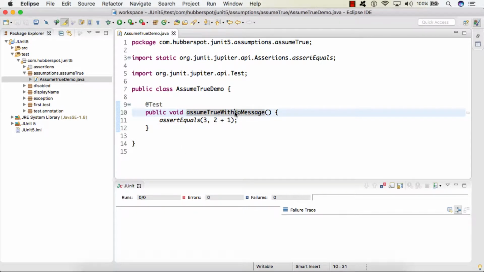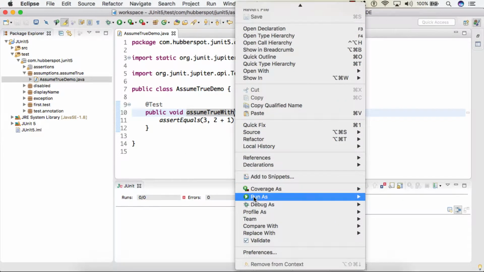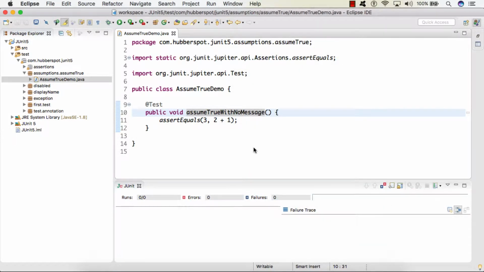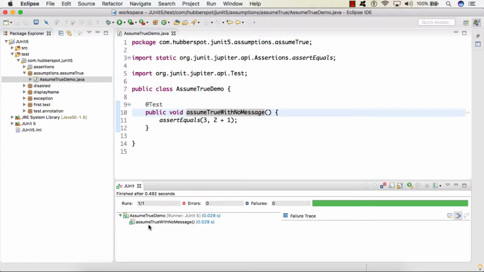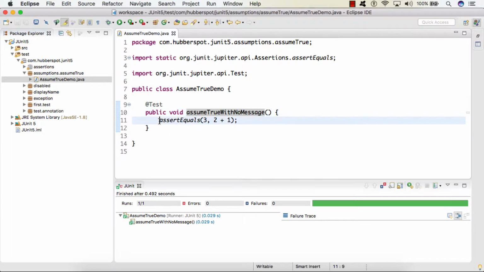So friends, if I run the test case, we know the test case will execute successfully because here 3 is equal to 3. So here you can see that we have simply provided one assertion which is nothing but assert equals.